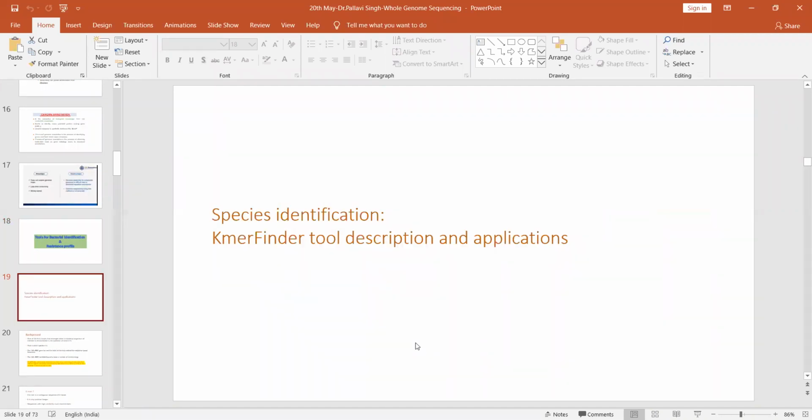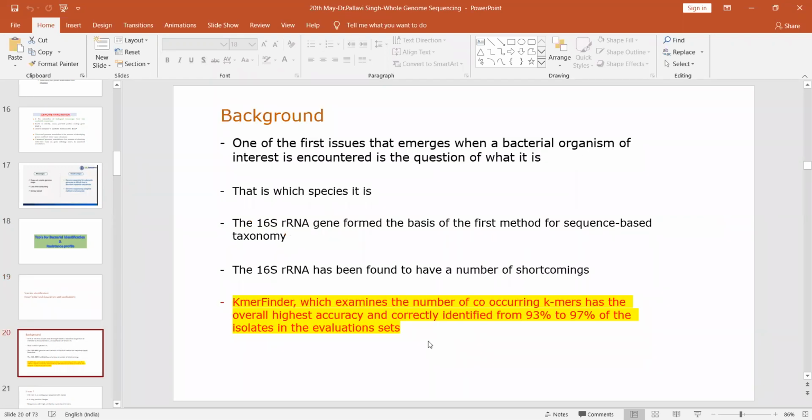which has many bacterial and virus sequences stored. So when I give you an unknown bacterial sequence and ask you to identify what species this bacteria is, I will go for this K-MER finder tool to type my bacteria, to identify my unknown species. What is K-MER finder? K-MER finder is a database of known bacteria, and the technology used for storing the sequences of the known bacteria in this tool is whole genome sequencing.